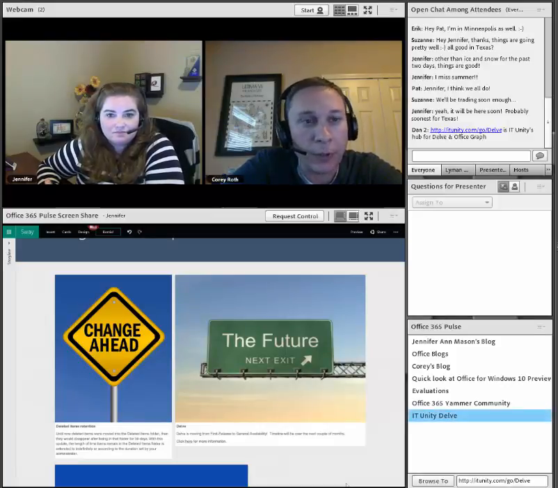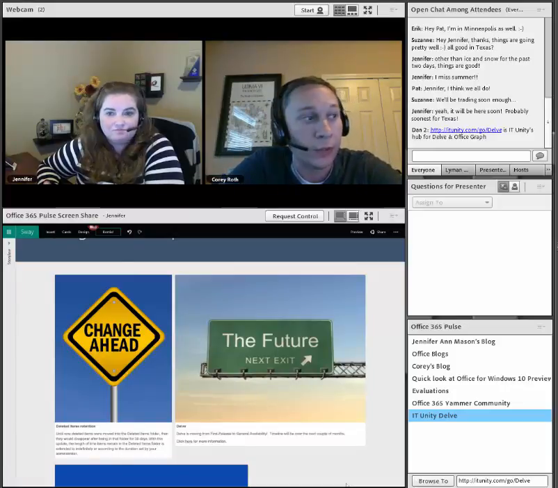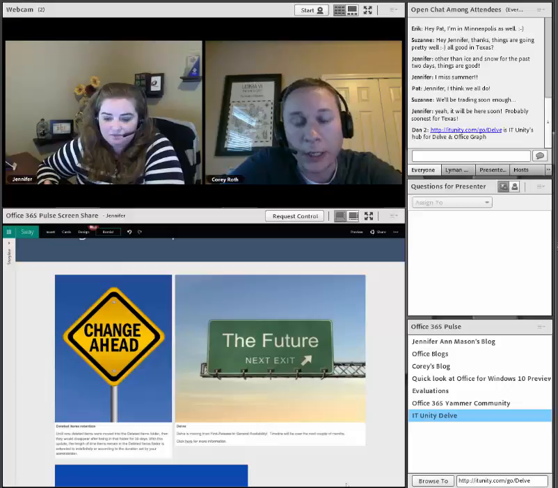And I'm excited to see it reach general availability, which means it's going to be in the hands of more users. If you look in the Amber group about Delve, it's one of the common things that people are asking: when is it going to be available? When's it going to be in my tenant? So, good news is it's going to be in your tenant and soon, if it's not there already.